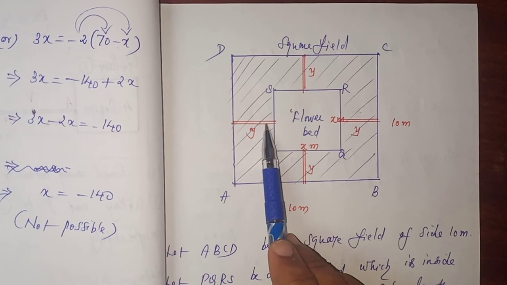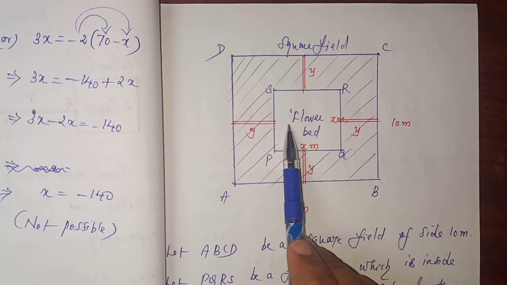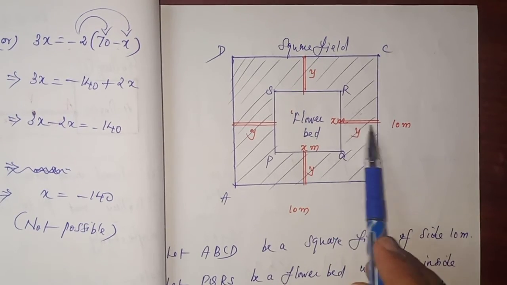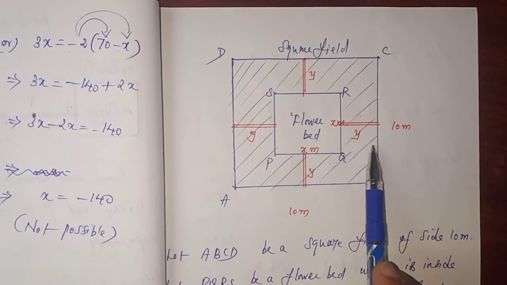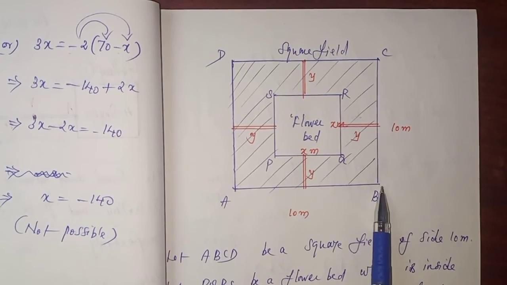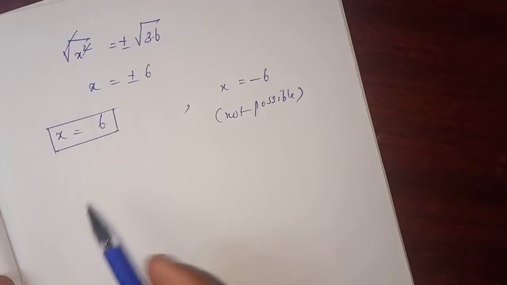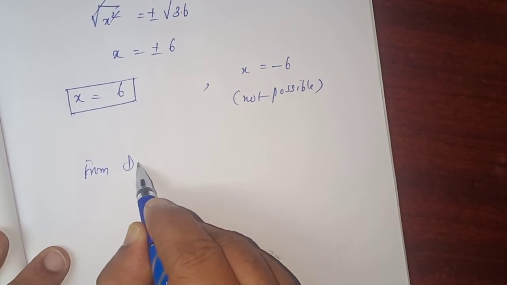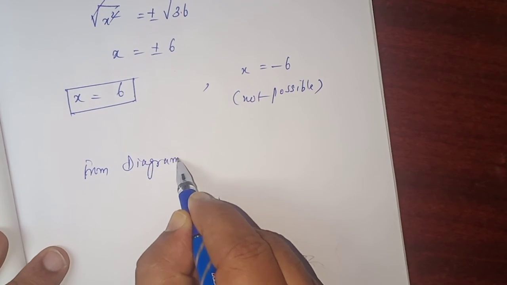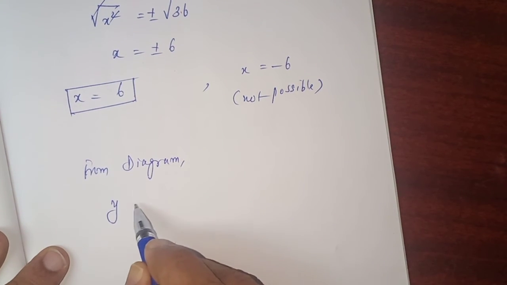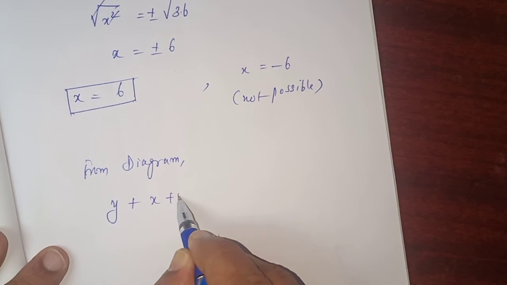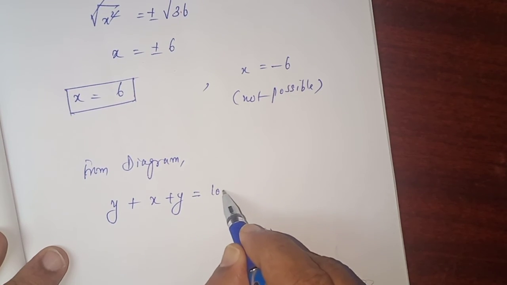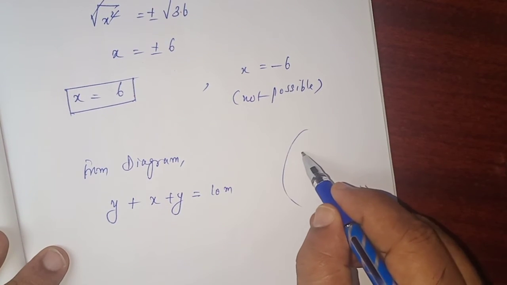Again I tell you, from here to here, y plus x plus y. What is the total length? 10. So I write from the diagram,